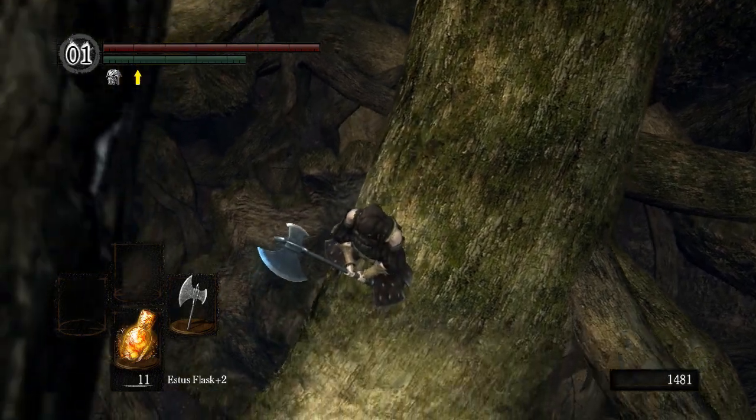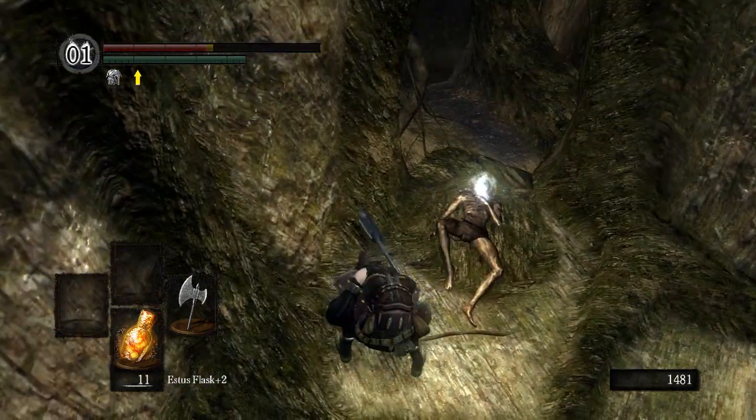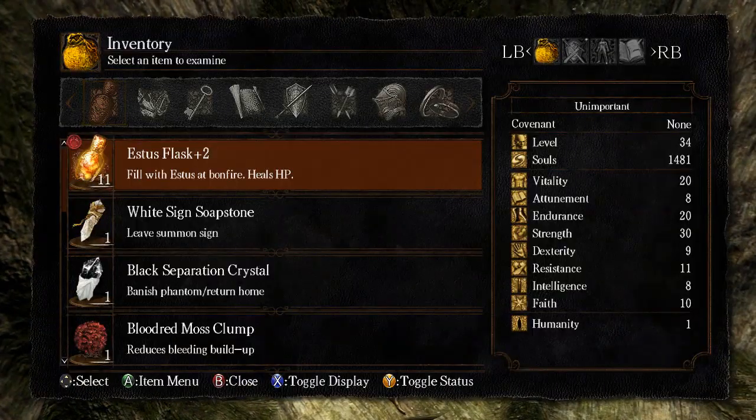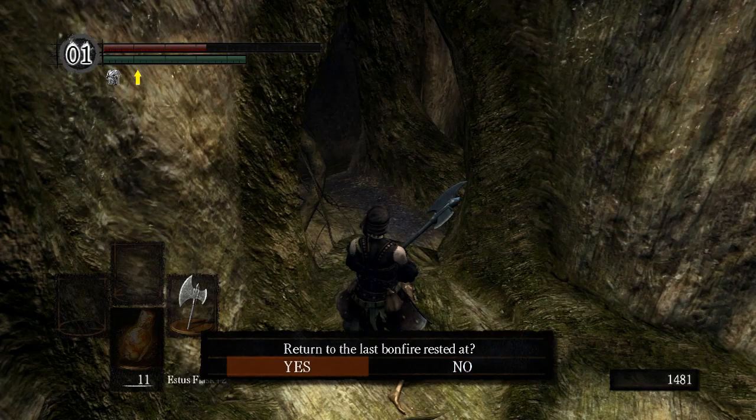I believe we need to roll for it. I think we got it. Yep, we got it. Nice. First try. Awesome. There's the Cloranthy ring, the ring we wanted all along. Very good ring. Now we can use the homeward bone to go back,